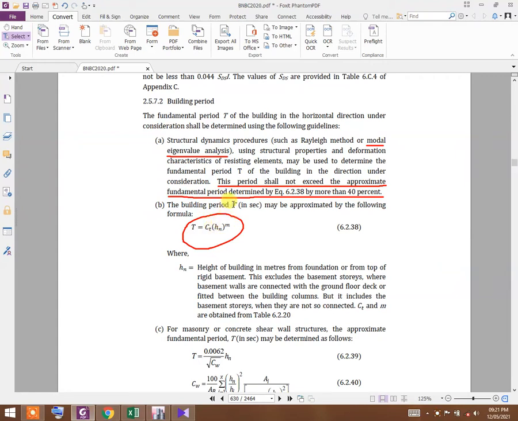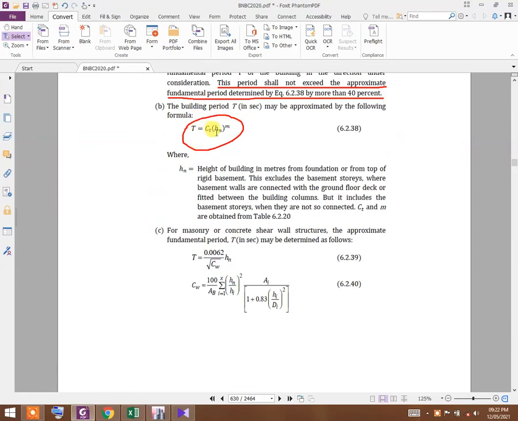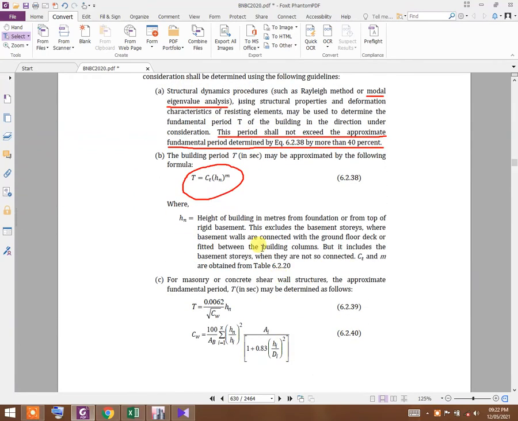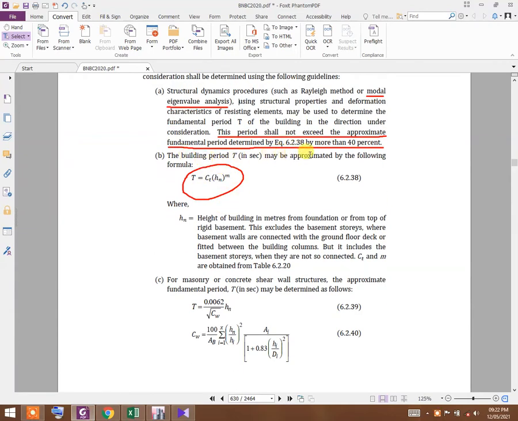The approximate building period value is determined by this equation, which is Ct times Hn to the power m, where Ct for concrete moment resisting frames is 0.0466 and the value of m is 0.9. So T equals 0.0466 times Hn to the power 0.9. By using this formula we have to determine the approximate building period also.